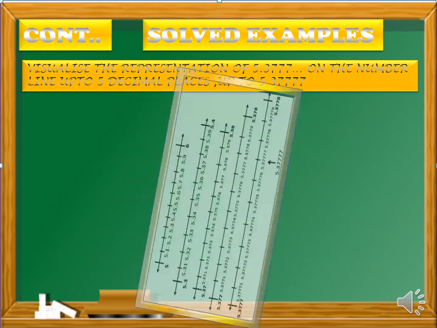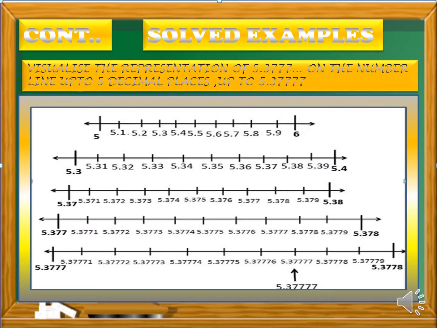We have also represented irrational numbers, that is root numbers, on the number line. So we are going to learn how to represent decimal numbers on the number line. First we are going to take a normal number line, that is -3, -2, -1 and so on till 6, as they have asked here 5. So we are going to represent 5 on the number line plus 1, 6, and if we split we can get this number line here.